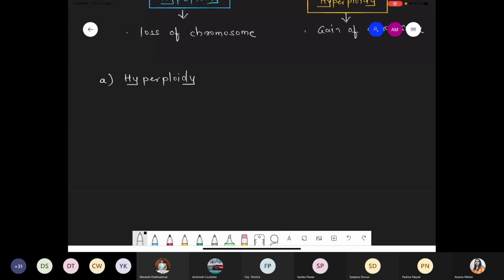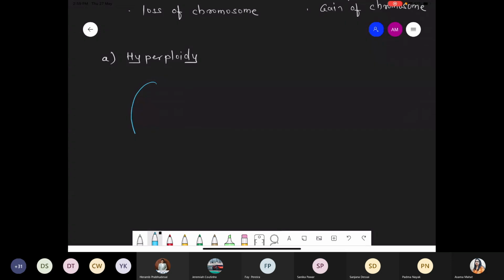First of all, we are taking a normal condition, and suppose we are taking a diploid condition where a total of 8 chromosomes are present. We are taking a simple one. So suppose it's one organism, XYZ. In this organism at diploid condition, a total of 8 chromosomes are there. 8 chromosomes means a total of 4 pairs. Just as we say our body has a total of 46 chromosomes, or you can say 23 pairs, similarly in this diploid organism, a total of 8 chromosomes are there, or you can say 4 pairs are present.